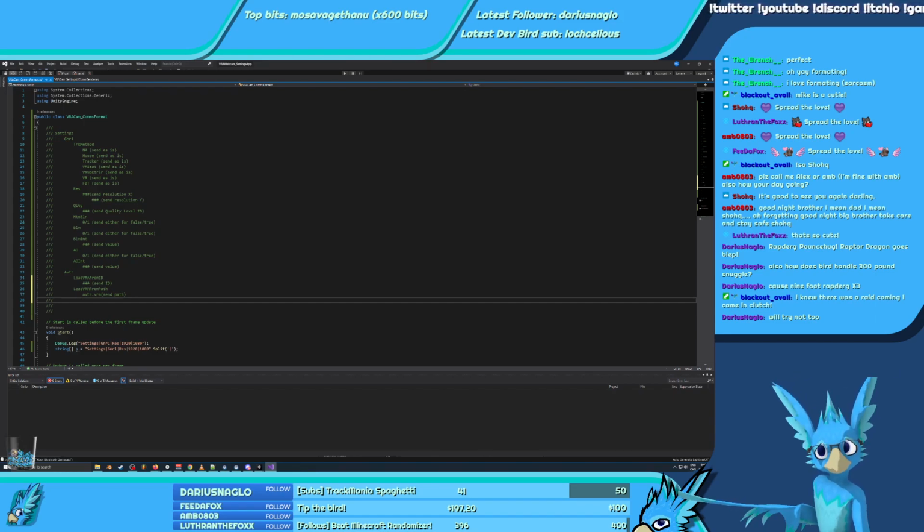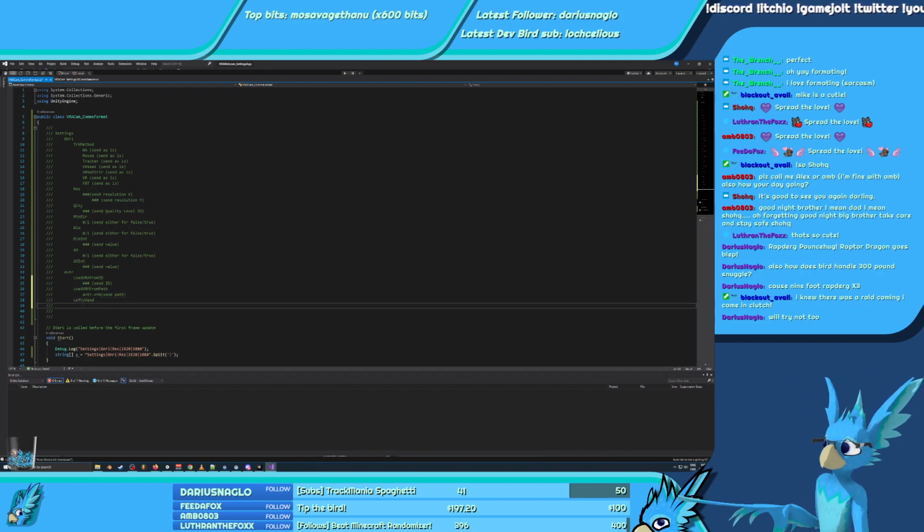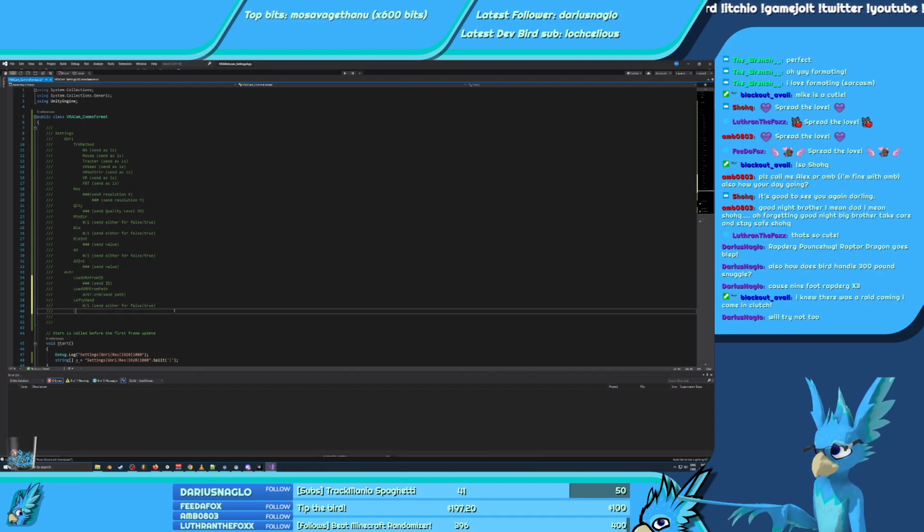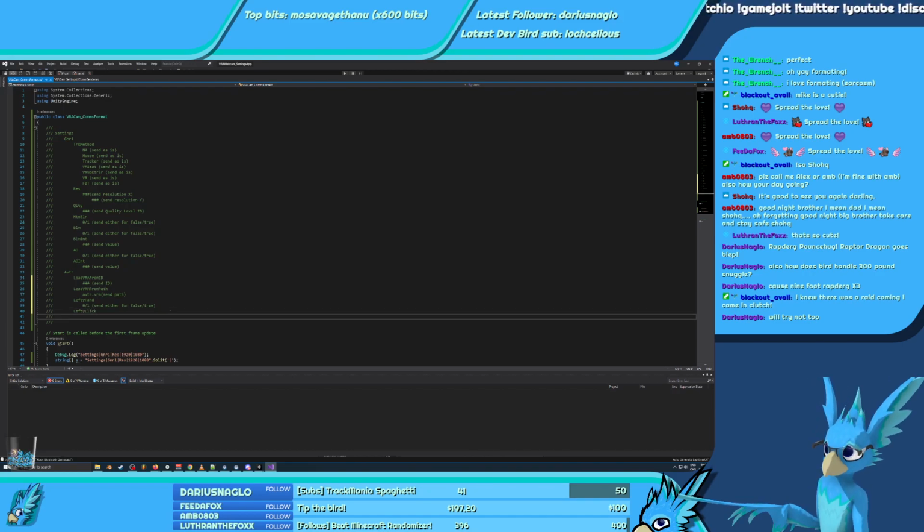Oh yeah, I can also invert the hand the mouse is on, so I can do it for lefties. So lefty hand, and I want to send 0 or 1. Lefty click to invert the clicks as well.